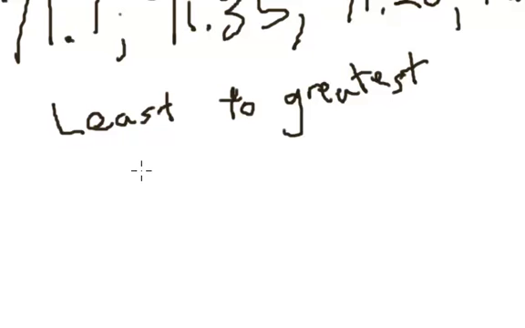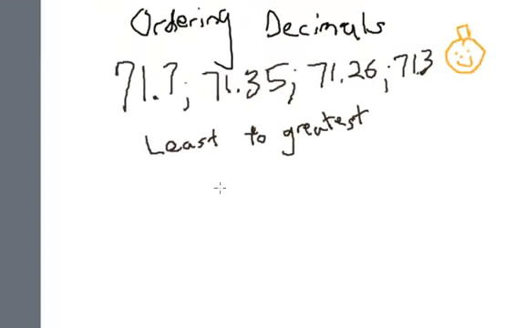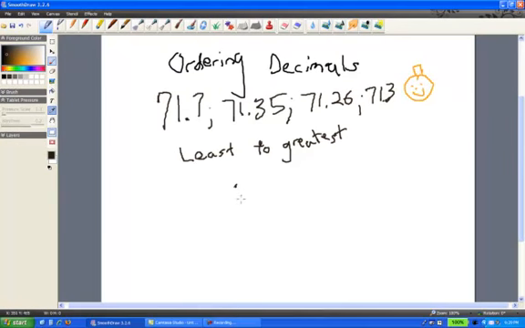So I would just list them all out. First, starting with the decimals. So I'm going to write 4 decimals. Okay, there's our buttons to our shirt there. It's like a snowman. So I have 71.7, 71.35, and I'm going to put the 5 over here, kind of far apart there, just to show you something in just a second. 71.26